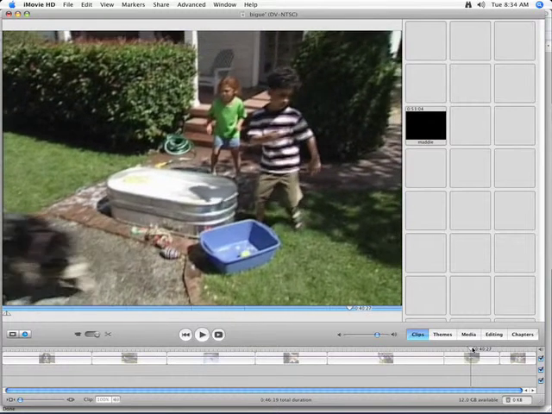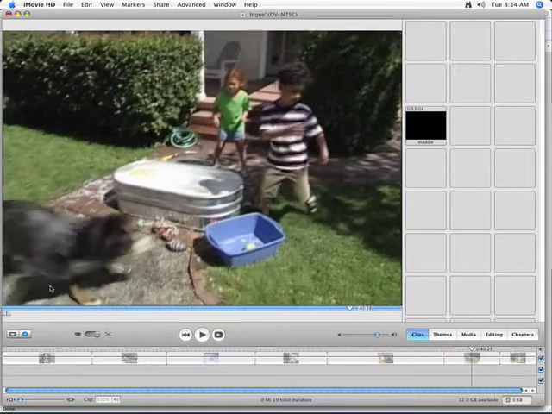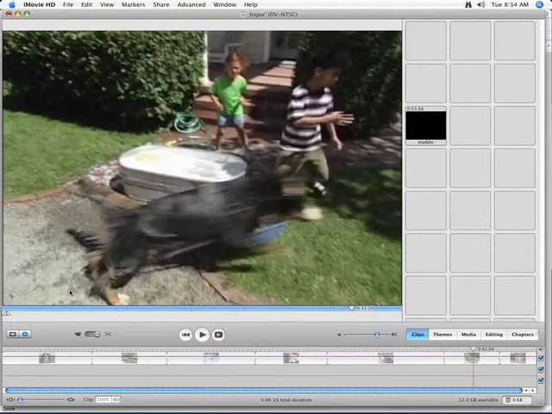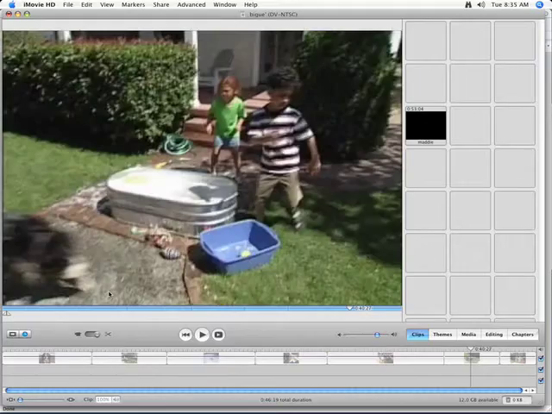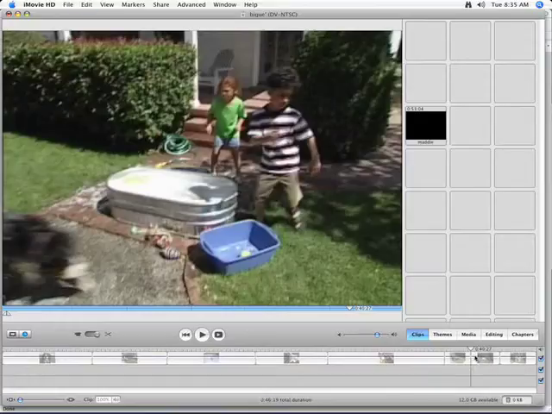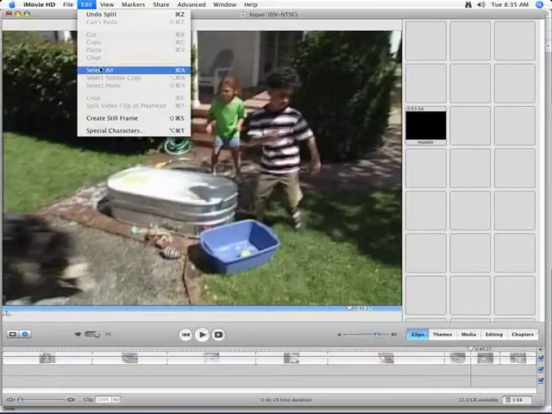So what I want to do is cut to the first frame of the next clip. Here's the first frame where he actually starts running through. So let me go back to that first frame. I can see the difference between these two by going back and forth. That's the last frame. Here's the first frame. Now if I go ahead and say Apple T, or again that was Edit, Split Video Clip at Playhead,